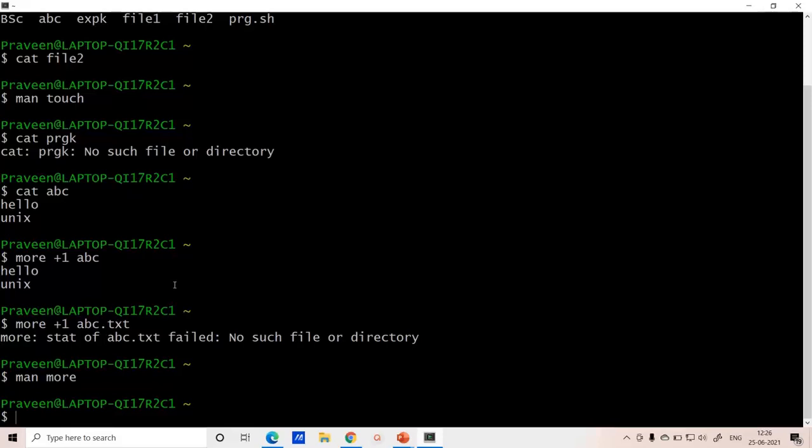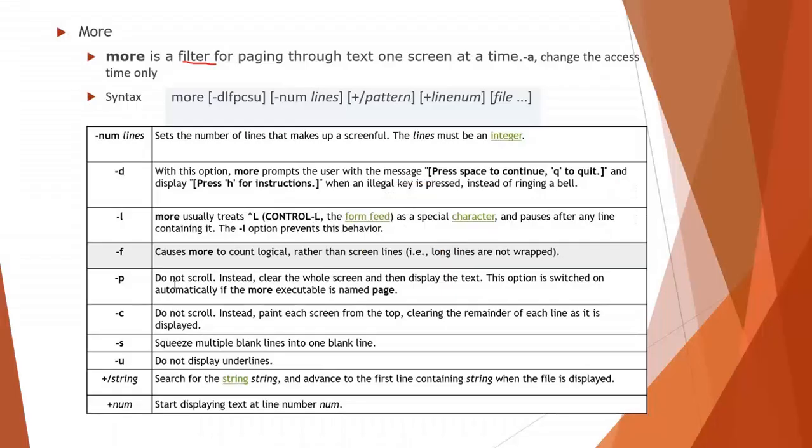So simply to say, the more command is a command which is used to apply a filter based on some given pattern that we are going to use, and we can filter the data from the file, just like how you use find in MS Word. When I use Control and F and give a text, it is going to find that particular text in the given document. Similarly, the more command will be used in Unix, and we'll have several functions based on this that we'll see while studying the programs.